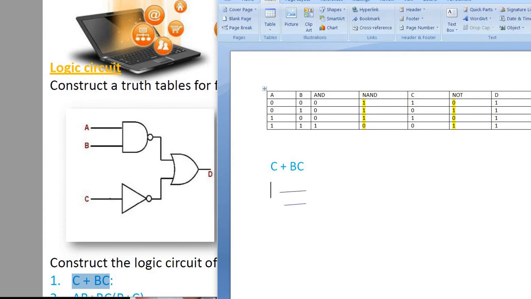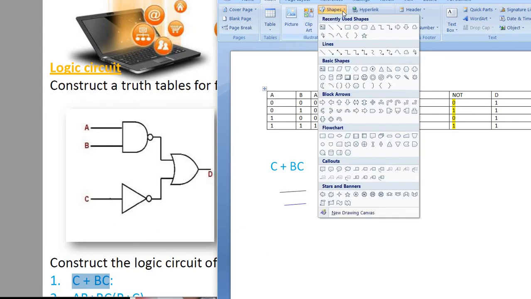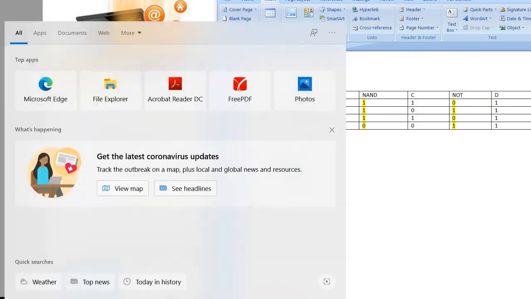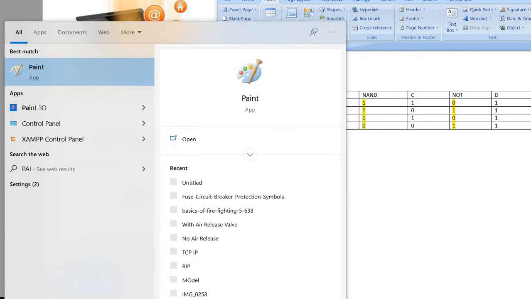It's not working. Which shape will we take for this one? No, this one we will take for an AND gate. Okay, I will design this circuit in Paint.